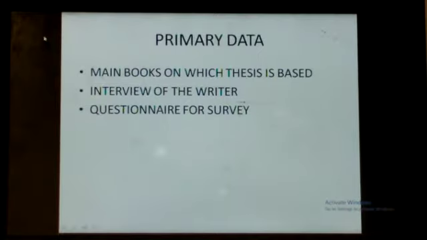If you're doing a questionnaire-based or survey-based thesis, then you have to prepare a questionnaire. That is basically interdisciplinary research. You prepare a questionnaire, go to people, take their answers, then analyze the results with the help of statistics. At that time the questionnaire is your primary data. But this is again interdisciplinary research, not purely research of English literature. When it is research purely of English literature, then your primary data are always the books which you are going to make the basis of your research. So always remember, primary data should be very clear to you, and which books you are taking up for your research should be very clear in your mind.